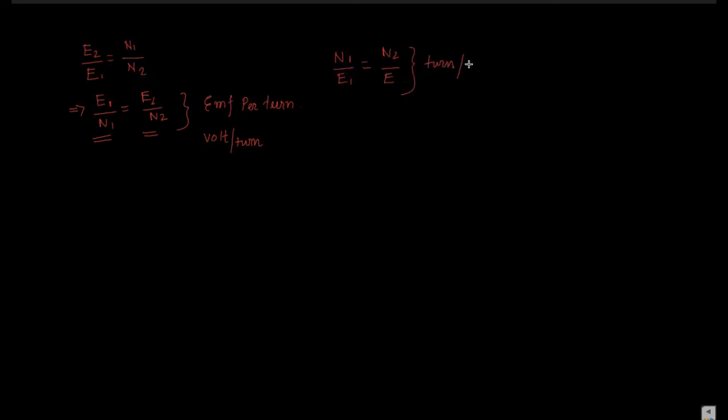Turns per volt. So that is, for 1 volt of voltage, the number of turns becomes how much? Okay. So if we are going to get some voltage, and according to that how many turns we have to give to a transformer, you can calculate by N1 by E1 is equal to N2 by E2. That is the turns per volt, and the previous one was volts per turn. Okay. So this is the basic of the EMF equation of a transformer.